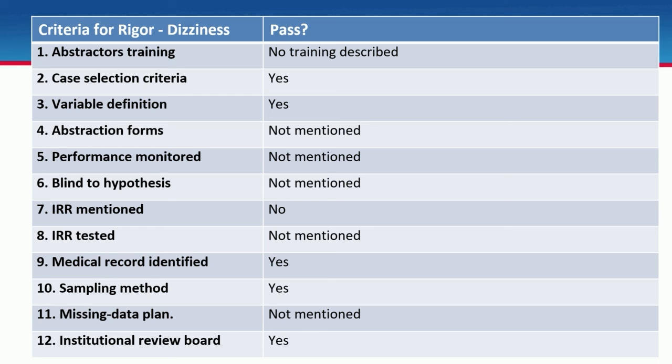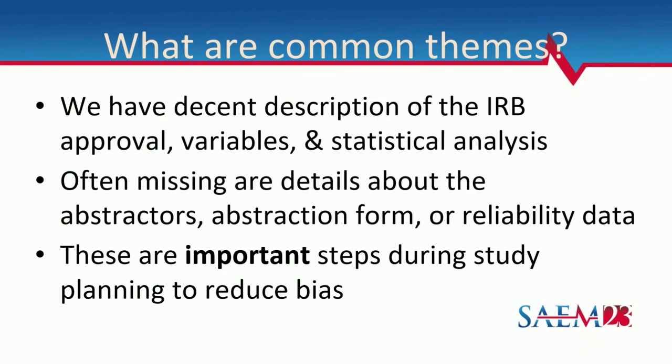Great. Thank you for all of that input. So I think we can see some common themes. Mostly these studies had some description of the IRB, some description of their variables and their statistical analysis. They had a few things that are important, and those are the more obvious things that, as you're writing a paper, seem to be necessary. But